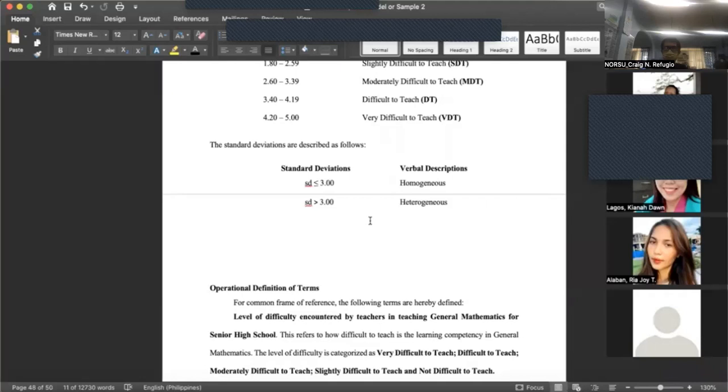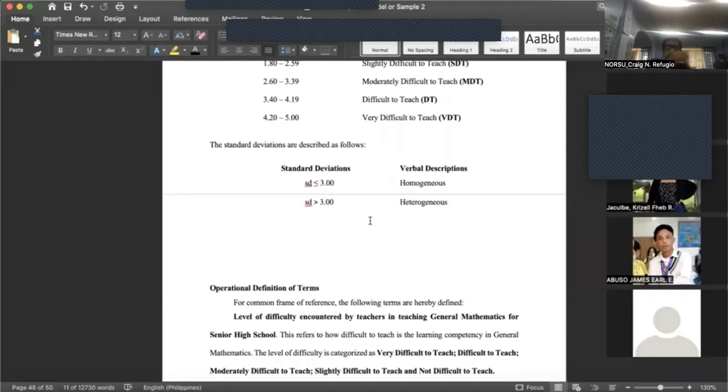And these are the terms that have special meanings, the terms whose meanings can only be found in your own study. And as a researcher, you have the legal right to define the terms